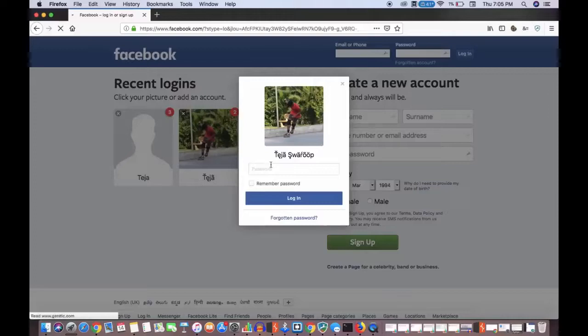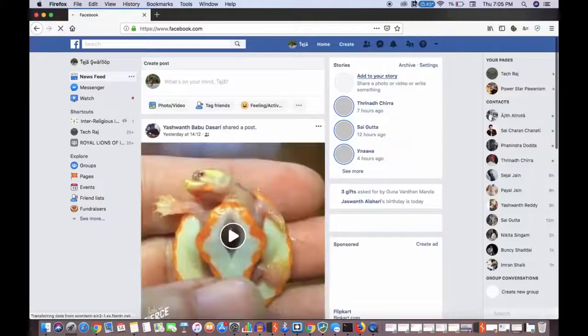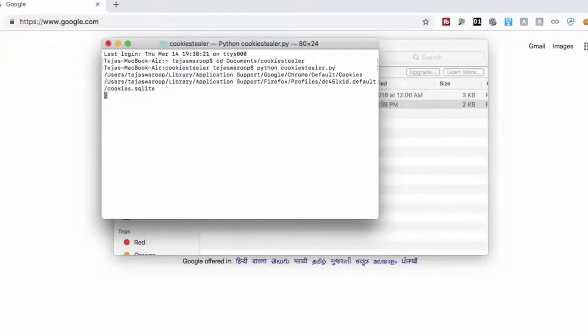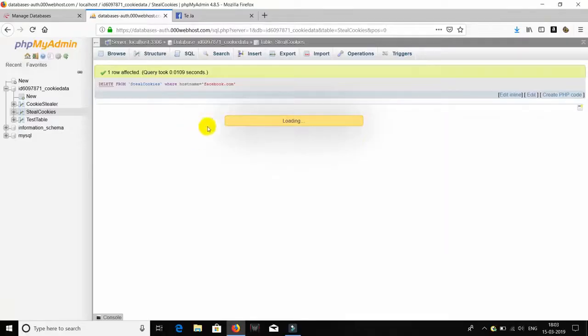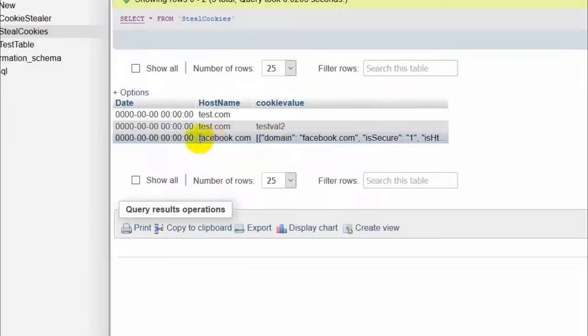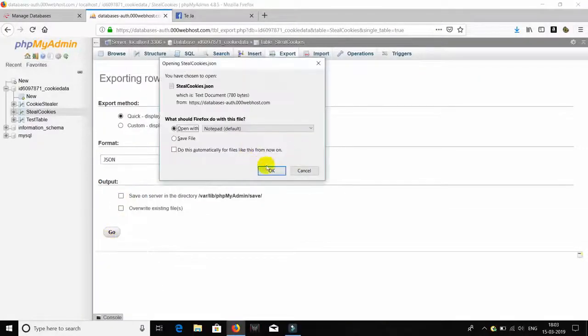To test this, I first logged into my Facebook account, which is protected by two-factor authentication, from my MacBook, and then I executed this script on my MacBook. This script then steals the cookies and sends them to my server. Now I'm opening my database from my Windows PC, and here are the stolen cookies that were sent by my script running on my MacBook. I'm going to first export this so that I can have a good view of the cookies. Then I install this